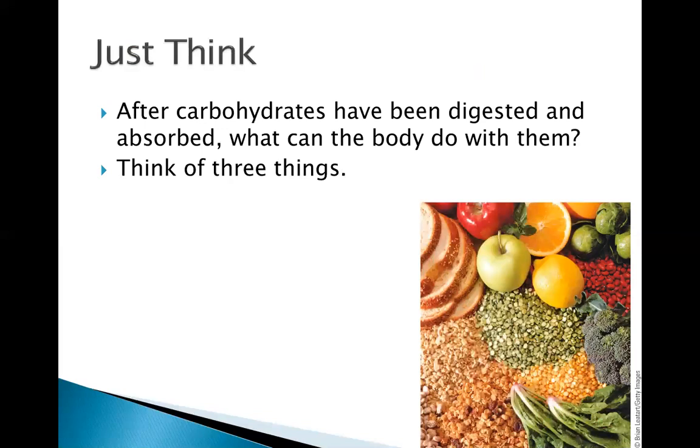Most parts of the brain and central nervous system want glucose as their energy source, as well as red blood cells. We can store glucose as glycogen in the liver and muscle so that we can break that glycogen down later to use for energy or to release to the bloodstream. And we can convert glucose to fat if we have eaten an excessive amount of it, if our glycogen stores are all full.